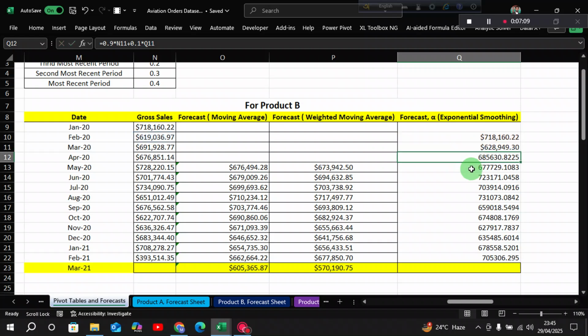So this is how all the values are calculated from cell Q10 to cell Q22, but we don't have the forecasted value for March 2021. So in order to do it, we already know the formula. What we need to do, we need to